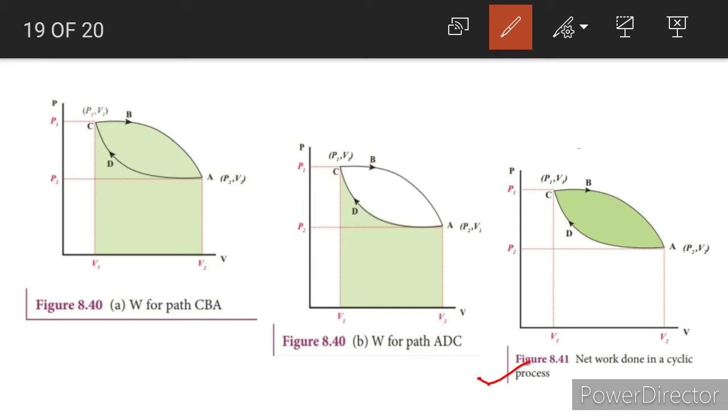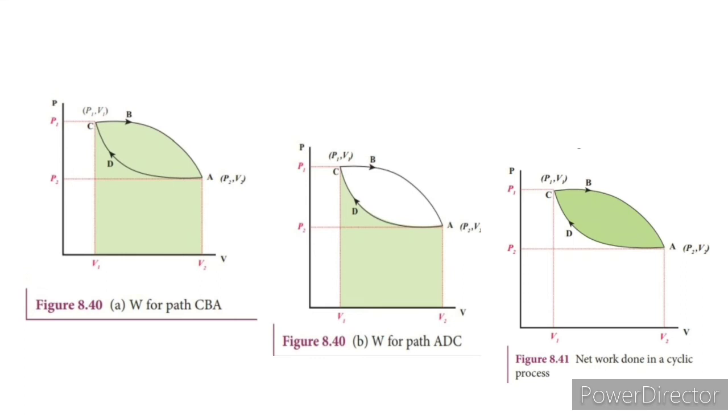So this is figure C. Figure C shows the total work done in this cyclic process, that is W1 minus W2. It is the green shaded area inside the loop as shown in the figure. The total work done in the cyclic process is the green shaded area inside the loop. Thus the net work done during the cyclic process shown above is not 0. In general the net work done can be positive or negative. So this is the cyclic process.